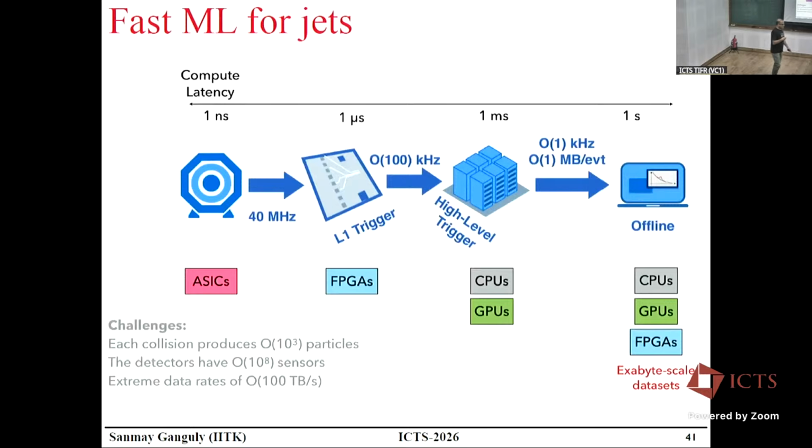For experimental purposes, once we have jets, all we were doing was some downstream machine learning tasks on them. But now we want to deploy them at our trigger level. Why? Because of the way the trigger works, you can see how much rate reduction happens. Once we collect data, we have an L1 level trigger, a high level trigger, then offline reconstruction. This downscaling of the size tells you that we actually throw away a huge amount of data which we can't store in real time. We just can't do analysis on them.